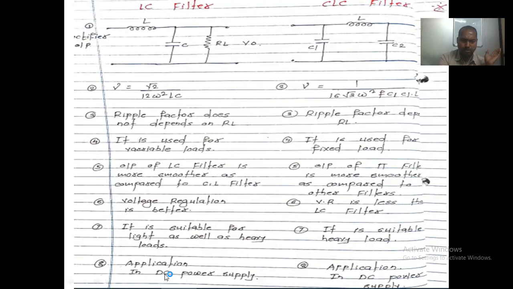Here also it should be used for DC power supply, but with a bracket: it can be used for either heavy as well as low load. But the CLC is used for the power supply which has the heavy load. Okay, that is the differentiating thing with respect to DC power supply for the LC and the CLC